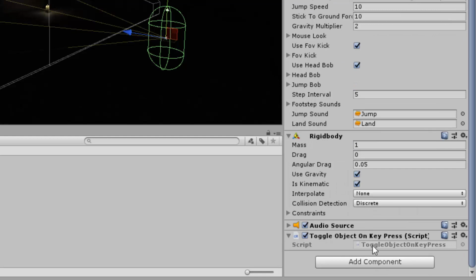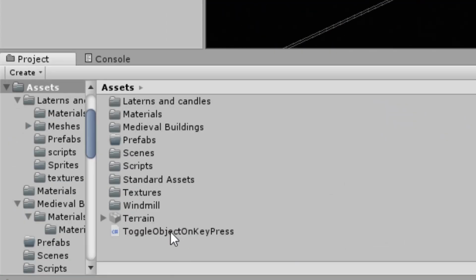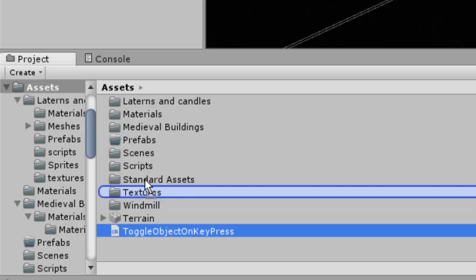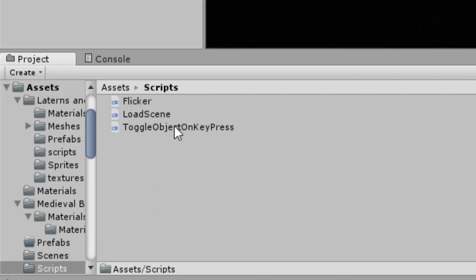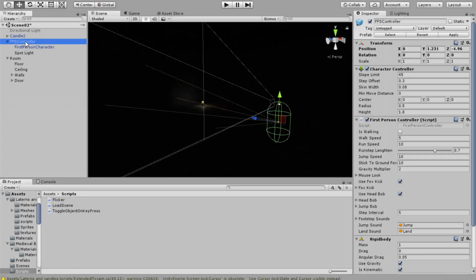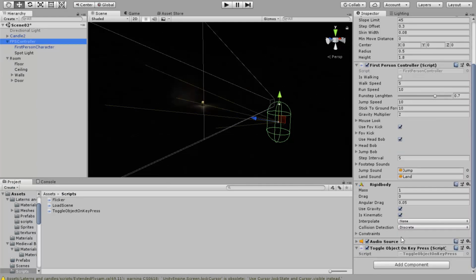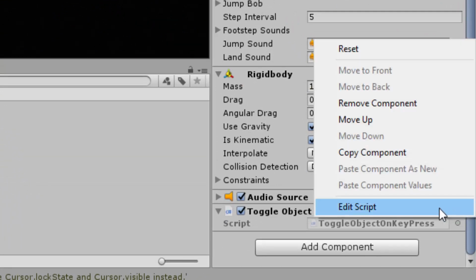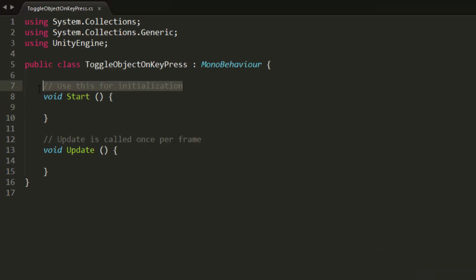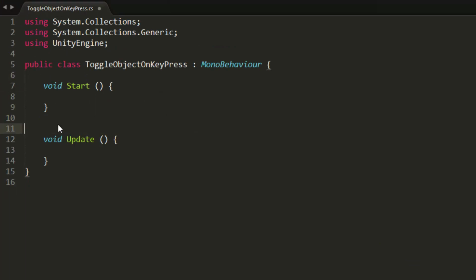Create and Add, and it automatically attached the script here at the bottom. I can see that script over here in my assets. I'm going to drag that script into my scripts folder. If I go into scripts, I could double click on that to open it with my editor, but another way to open a script is if you have the object open, in this case the FPS controller, and I see the script at the bottom there. There's a little gearbox, and I can always click on that and say Edit Script. Let's just do a little test.